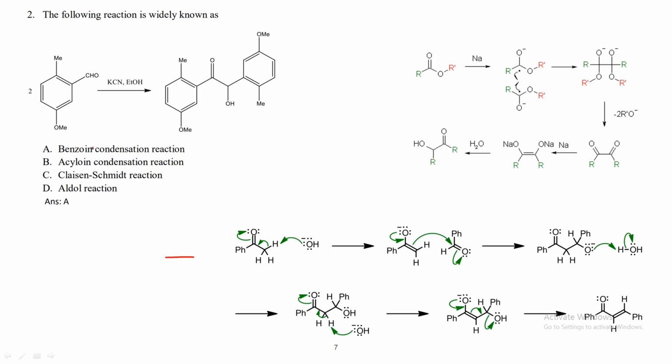So let's see what is the acyloin condensation reaction. In an acyloin condensation reaction, the substrates are this kind of ester molecules, and if we add metals like sodium or potassium over here, what does it do? A simple one electron transfer, right? So the one electron transfer